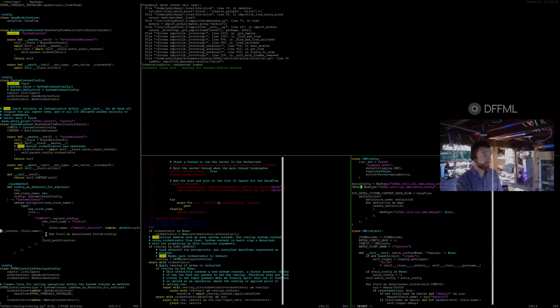Command args. So command keyword args and then extra config. So extra config is used for